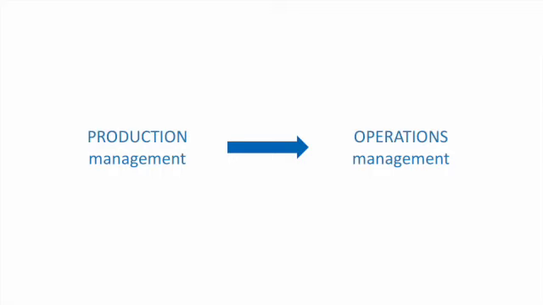Operations management is basically just a new way to say production management. Production management is what it was called ages ago when production was happening in factories. We were mostly producing just goods, physical goods, and operations management is what it has evolved into, when we not only talk about those typical companies that are just producing goods,